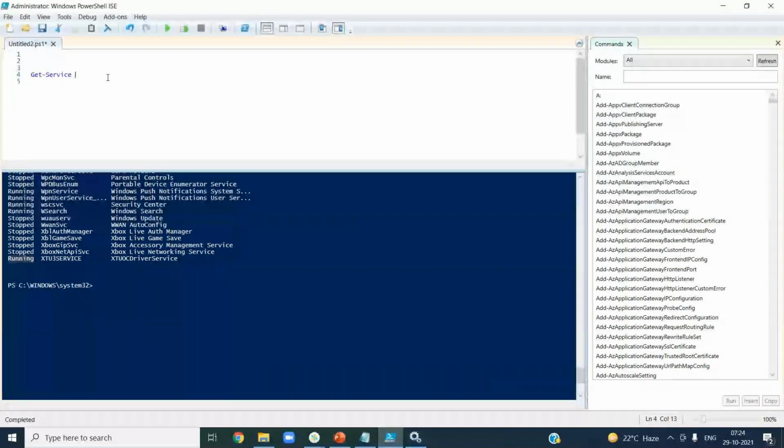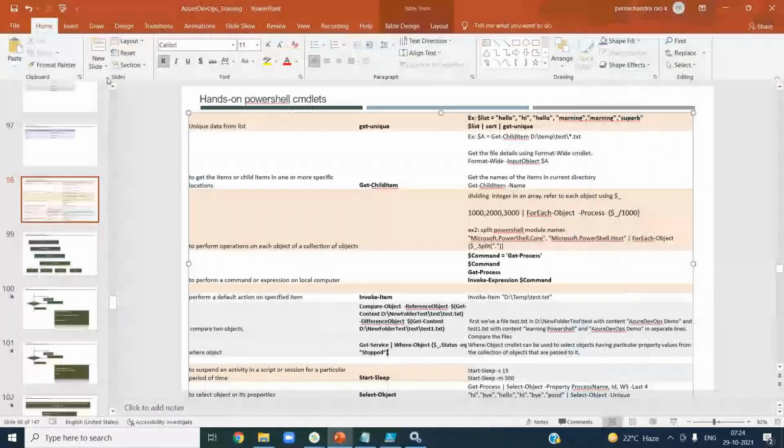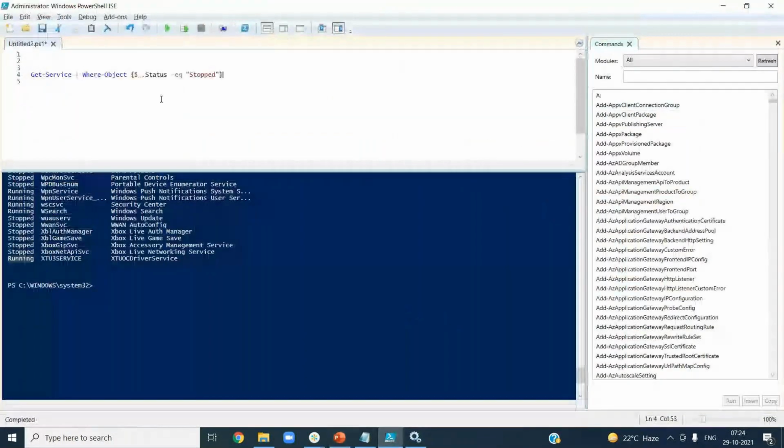So the first thing is that you need to apply the pipe symbol. So you can take the command from this. Let me take this. What I'm saying is Where-Object status equal to stopped.